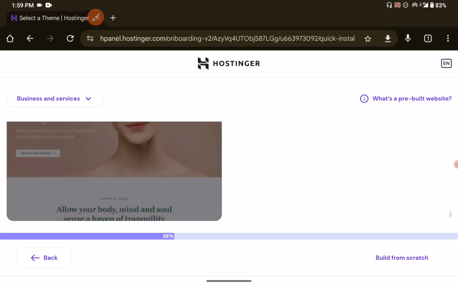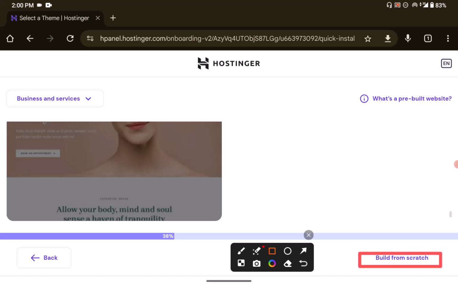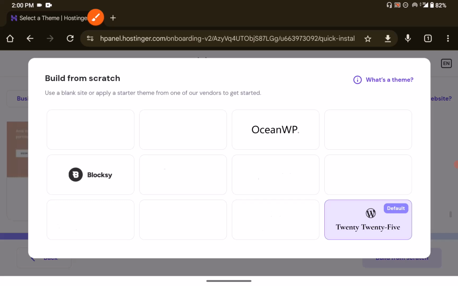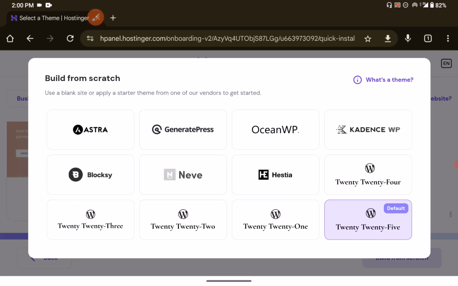Let me just build from scratch. So I could choose the build from scratch option to continue. I'm going to click on build from scratch, and here in build from scratch you have to choose a